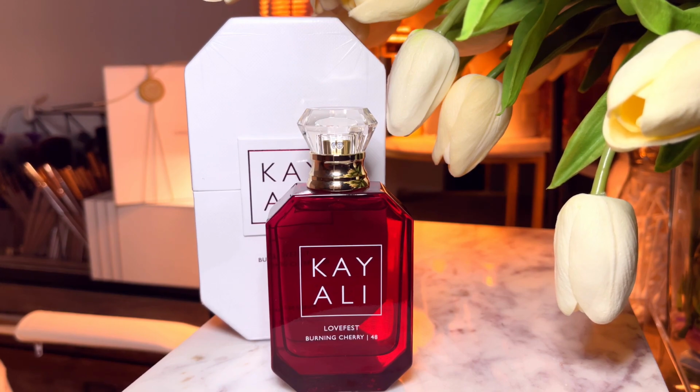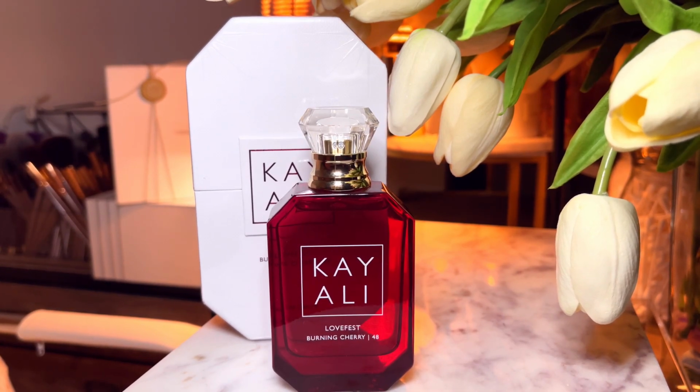You'll be very surprised. It reminds you of another fragrance, or has the underlying DNA of one of her other fragrances, in my opinion. So if you are as excited as I was, or am, about knowing what's going on with this fragrance from KAYALI, Lovefest, her new baby,